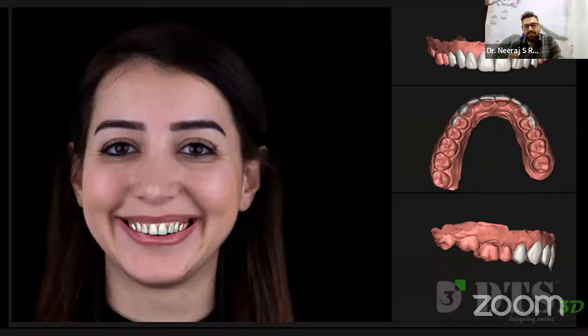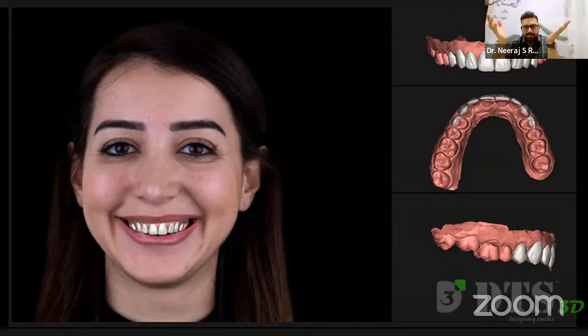Now, this is where the difference comes. Instead of sending a physical model to the lab, I use the patient's intraoral scans and do the designing of the mock-up in-house using DTS 3D, or you could use any 3D software. There are many 3D softwares available, like ExoCAD and 3Shape. I want to use the term software as a generic term to put this